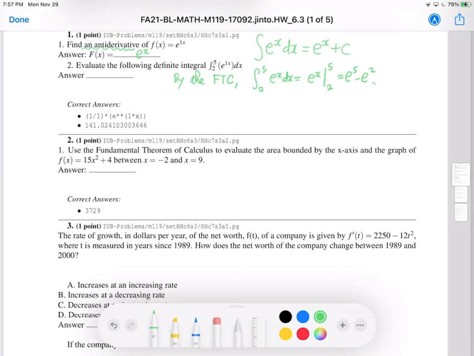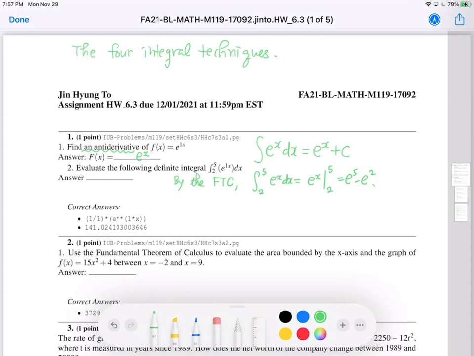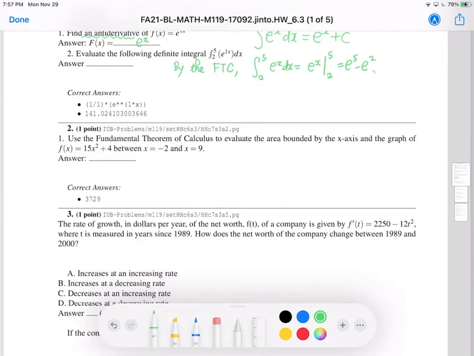For number 2, use the four integral techniques from the previous section, 6.2. Okay, the area bounded by the x-axis and the graph of f of x. Note f of x is positive, so the graph is above the x-axis. So this implies that the area is